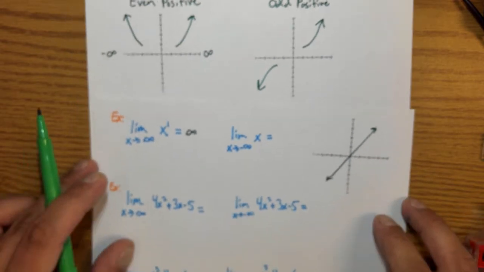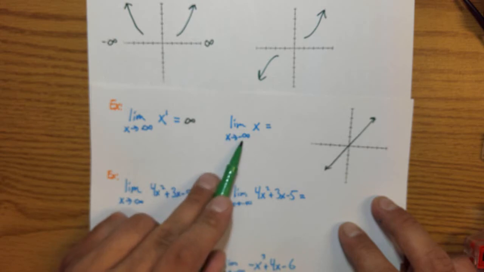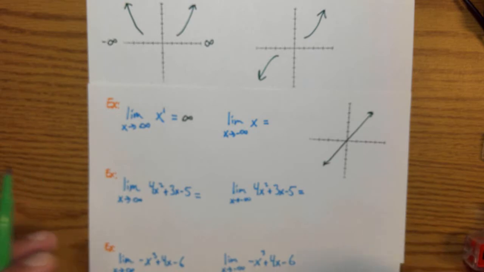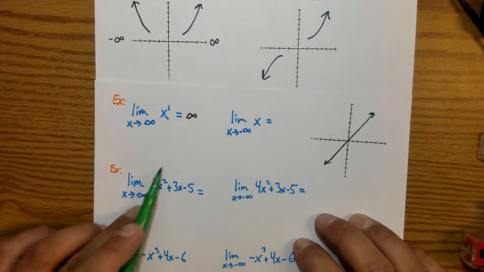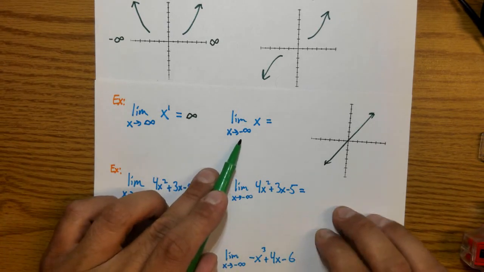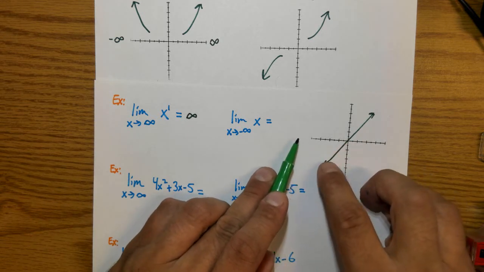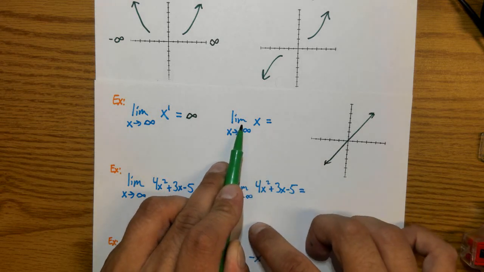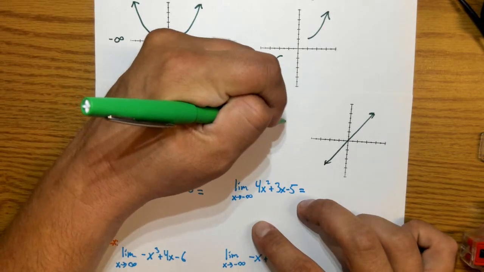What if, on the other hand, the limit as x approaches negative infinity of the function x? The limit as x approaches negative infinity. So that means we're going to the left here, right? And as we go to the left, what is happening to the function? Well, the function goes down forever. So the limit as x approaches negative infinity of the function x is going to be negative infinity because it's